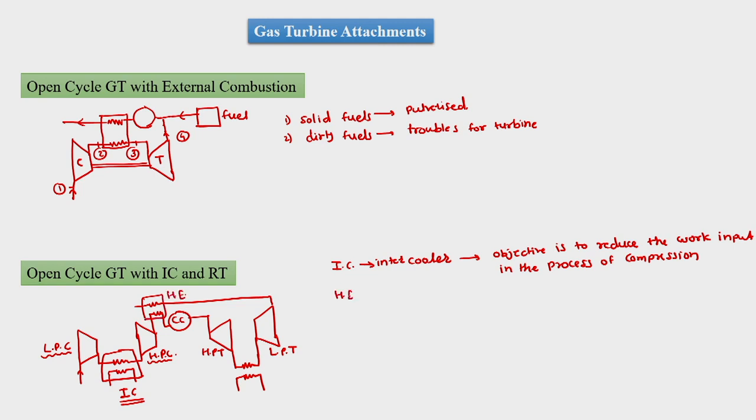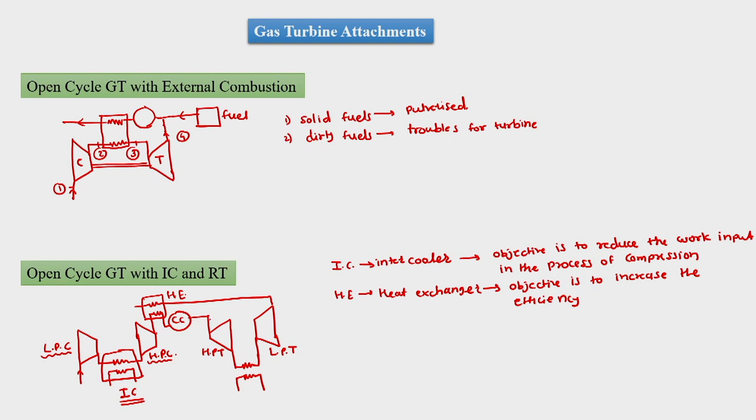So by HE we mean heat exchanger. The objective is to increase the efficiency of the cycle, and then the air will go to the combustion chamber, and from the combustion chamber it will get heat,